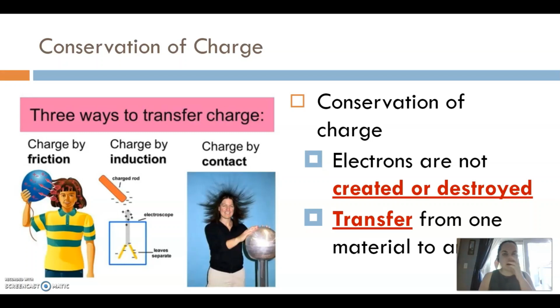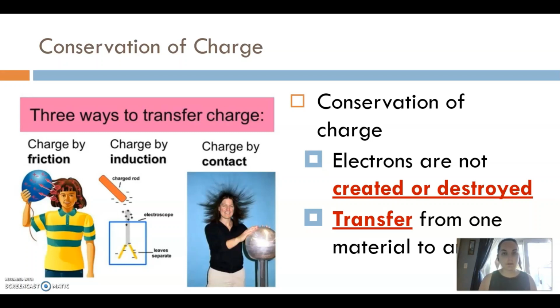That's why when you have a break in your insulator, it gets really hot and has the potential to cause a fire, because it's not allowing that spread of charge throughout the material. It's going to take this electrical charge and turn it into thermal energy, and that's going to create heat. With more heat added, bad things happen. And when we're looking at the conservation of charge, electrons cannot be created nor destroyed. They can only be transferred.